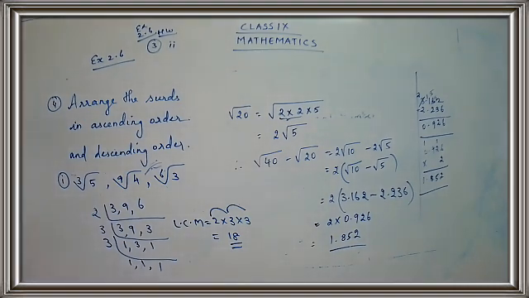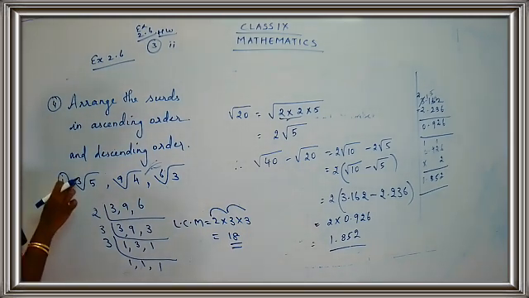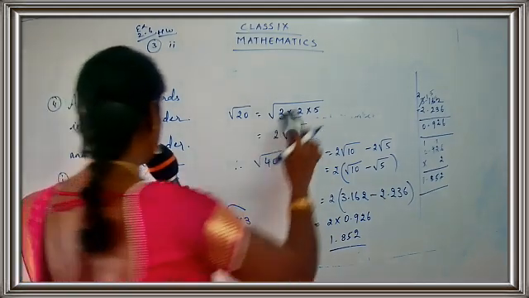So what is the LCM we have got here? 18. So now what are we going to do? We are just going to make all the indices 18. That is the work we have to do. Now let's see how to change the surds.